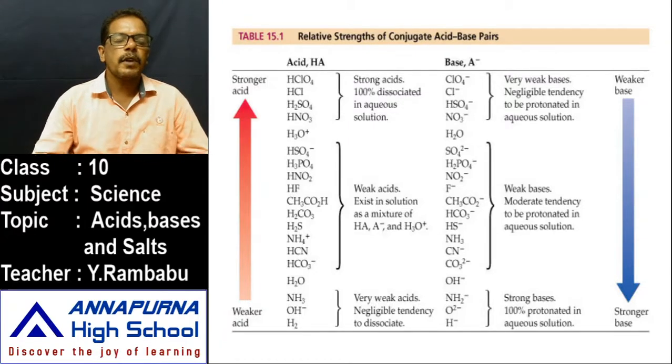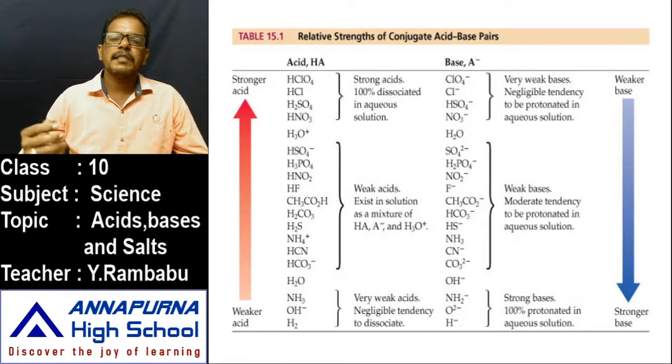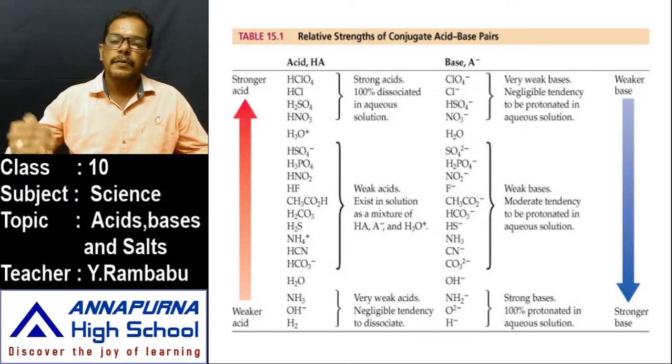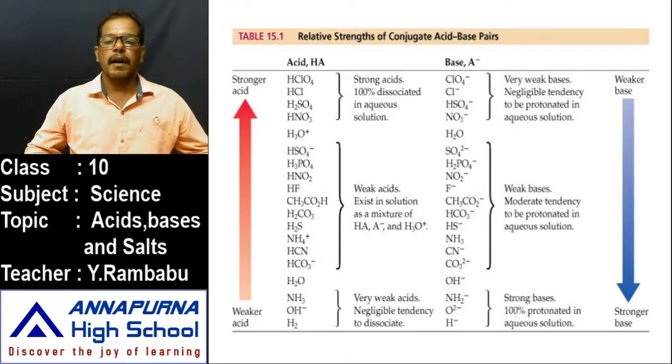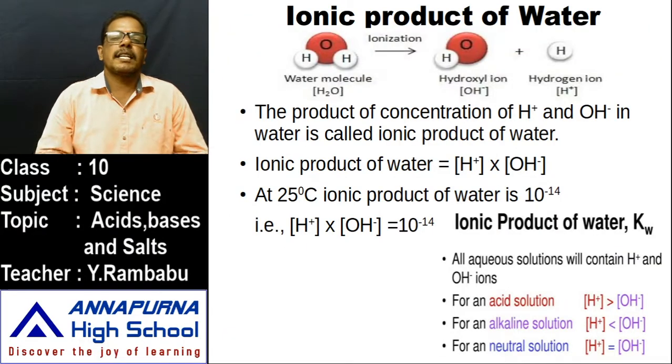Stronger acid means more hydronium ions, H+ ions, are present in aqueous solution. In the case of bases, a strong base is violet; as the intensity of blue increases, it becomes violet. If the intensity of blue decreases, it becomes blue green, and if it is green, that is neutral. A stronger base means the number of hydroxide ions, OH- ions, is higher; weaker means fewer OH- ions. Like that, the strength of an acid or base is expressed in terms of hydrogen ions, H+ ions.